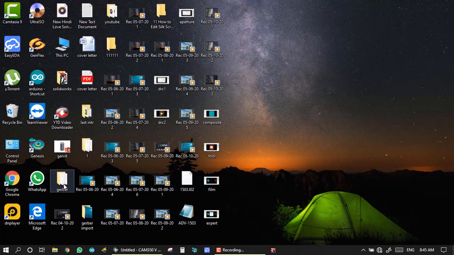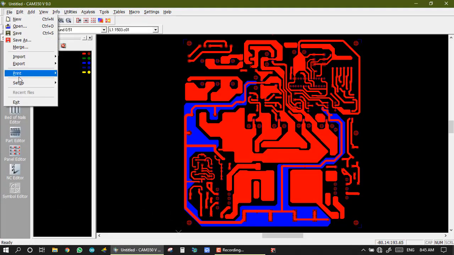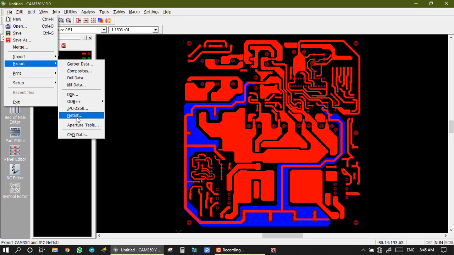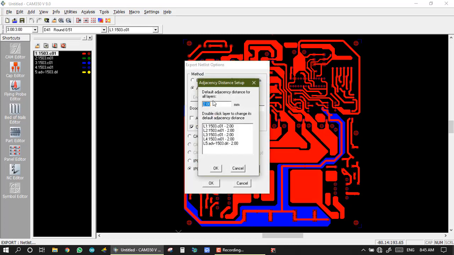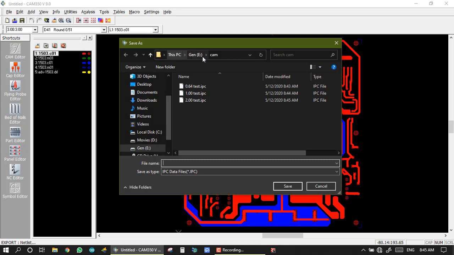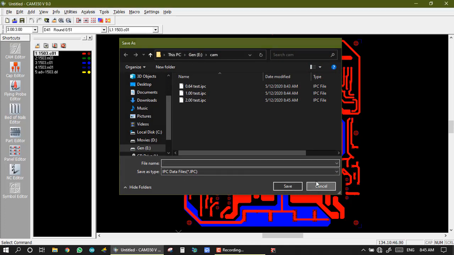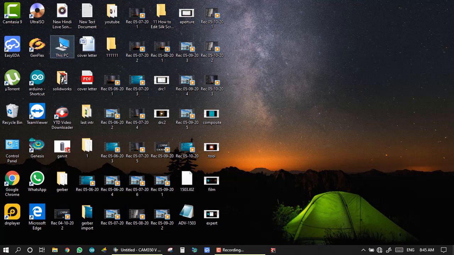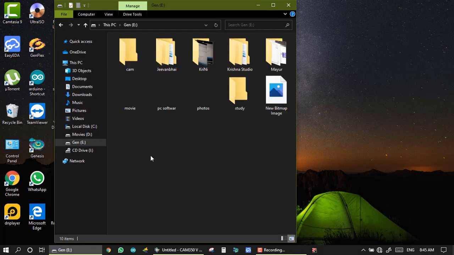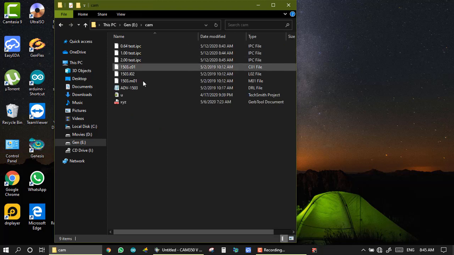Then I may take output in, that we show path of my output. It is in E drive. So I may take this my 3 output, 0.64 test IPC, 1.0 test IPC, and 2.0000 test IPC.